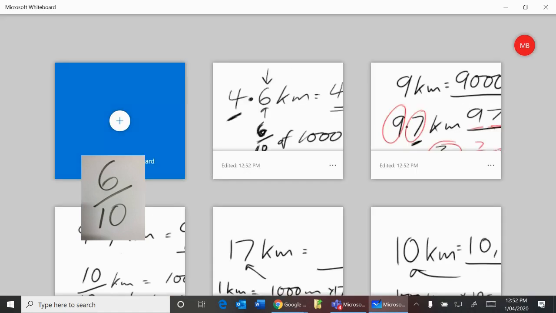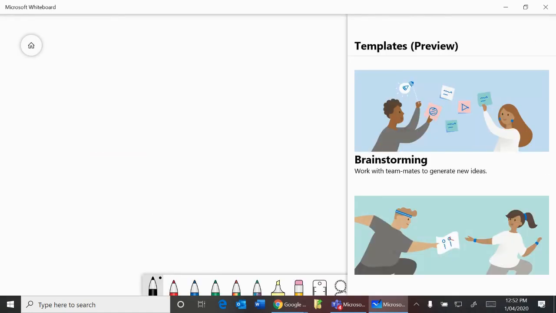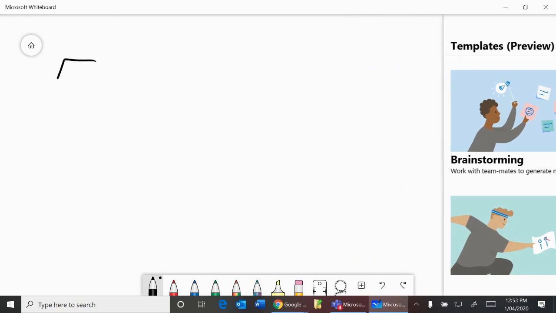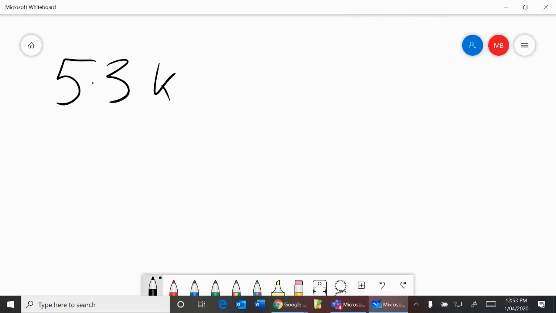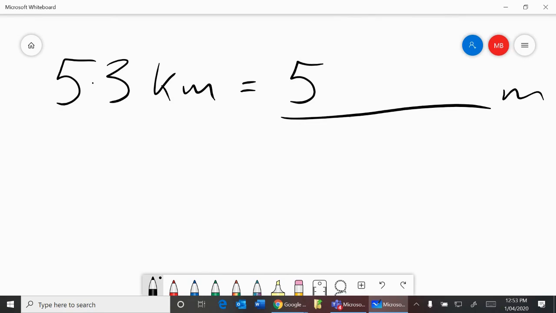We'll see how we go. Let's have a go at 5.3 kilometres equals how many metres? You might want to have a go. You've probably worked out that it's 5,000 something metres, and the answer you're looking for is, I wonder if you got it,